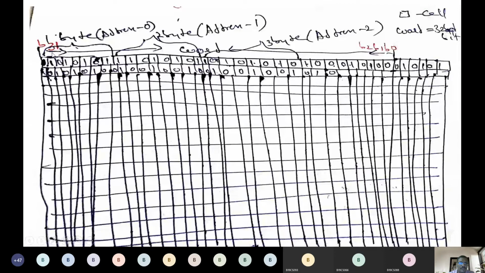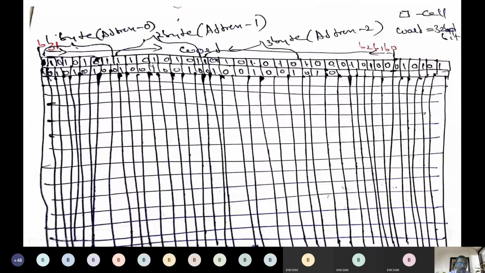Okay, so for the word, I kept an arrow from here to here, and the entire line I had drawn is for the word. So all these bits come under one word. Remember one important thing, data can be read from the main memory in terms of words, a word at a time. Word means the entire 32 bits, which comprise 4 bytes, are read or written at a time. Or else, data can be read or written in terms of single bytes also. A single byte can be read, a single byte can be written. Remember this.